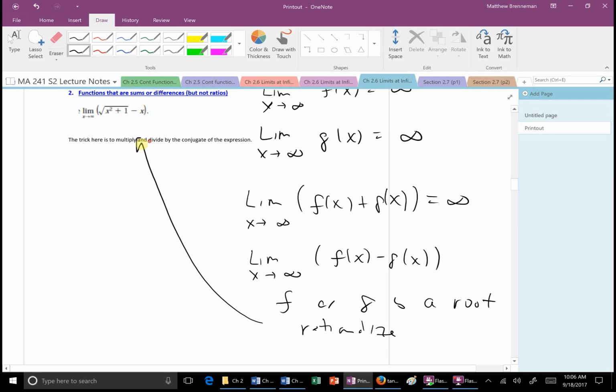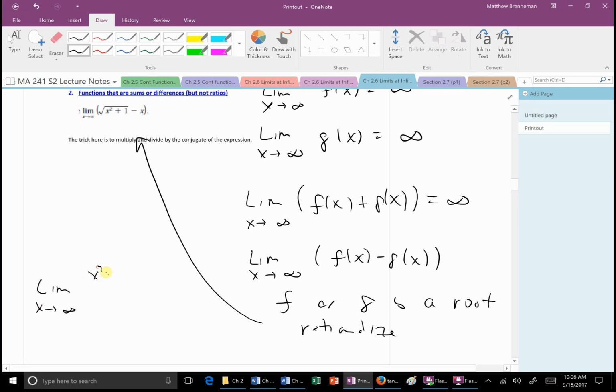And that's what we're doing here. We're taking the conjugate and multiplying it over itself. And that way we're getting rid of the root on the top. But notice it only works if that's negative, because on the bottom, what am I going to have? I'm going to have positive, right? So when I actually do this,